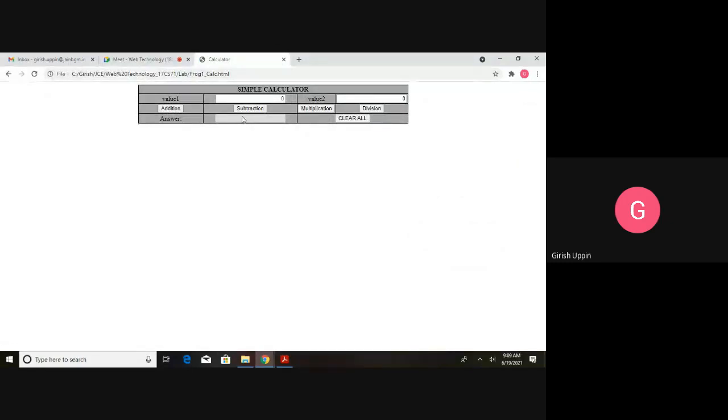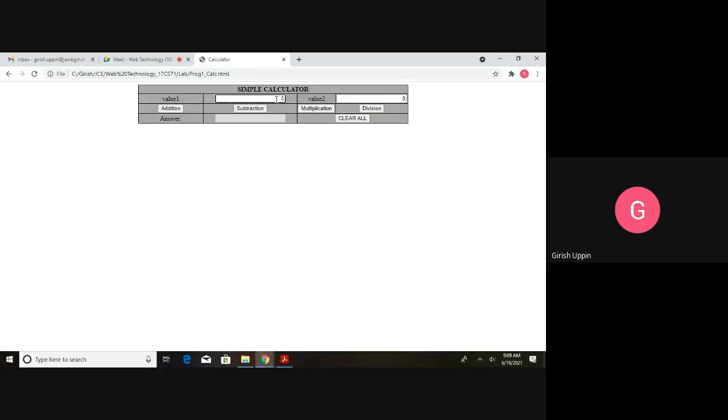I'm going to use this to display the answer. So that's why it is not enterable. Then this clear all, if you see here, the span is 2 tds, 2 cells. And if I click on clear all, it will clear whatever value is given in these 2 fields by the user.